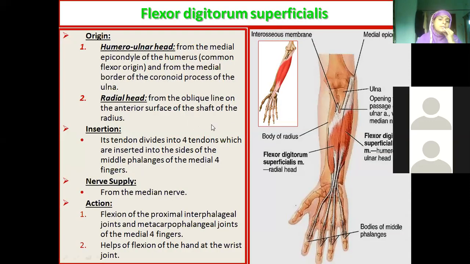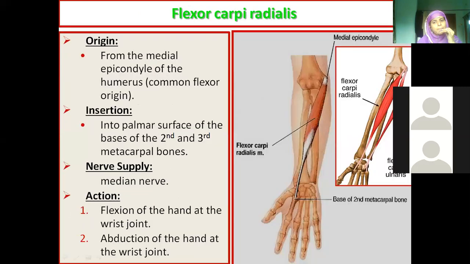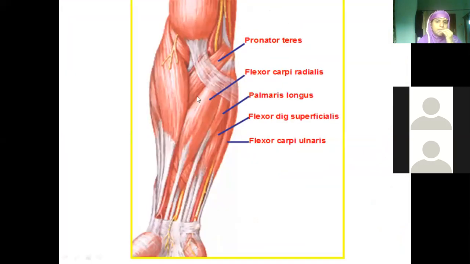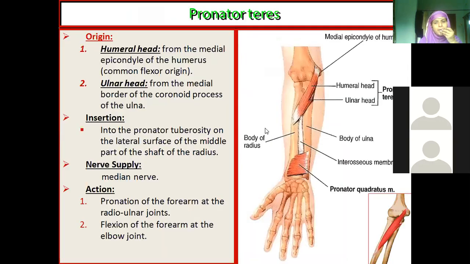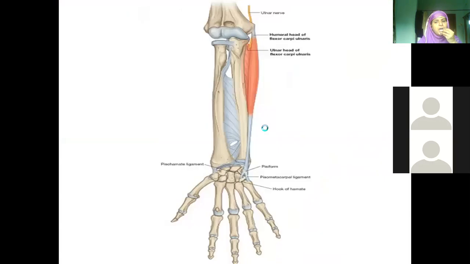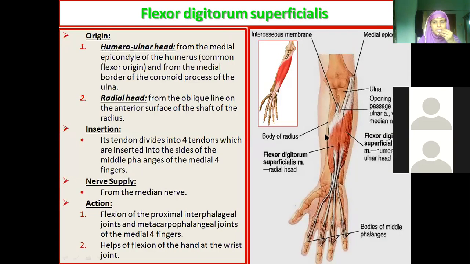Then see here, I will take you back to that picture. This is a very good Netter picture. As soon as you remove the skin, you will see pronator teres, flexor carpi radialis, palmaris longus, then flexor carpi ulnaris. If you remove these four muscles, underlying is this big bulky muscle, flexor digitorum superficialis. That is found in the second stratum, the second layer. If you consider them as layers, the first four muscles come under the first layer. If you remove these, you will see the second layer, the flexor digitorum superficialis.